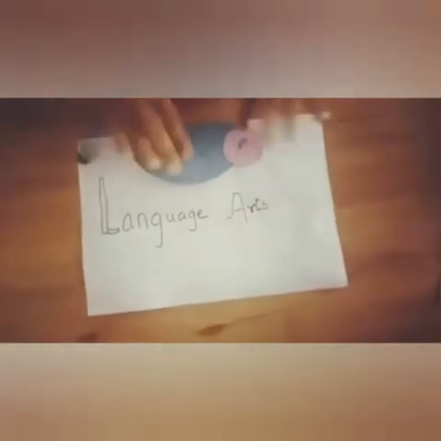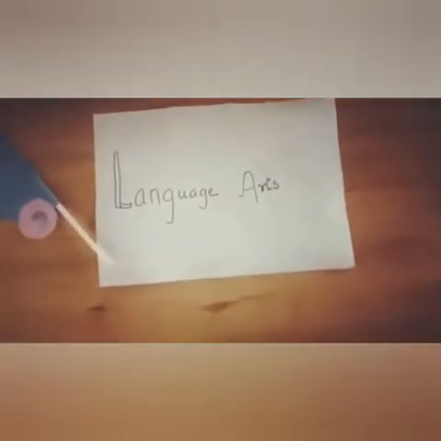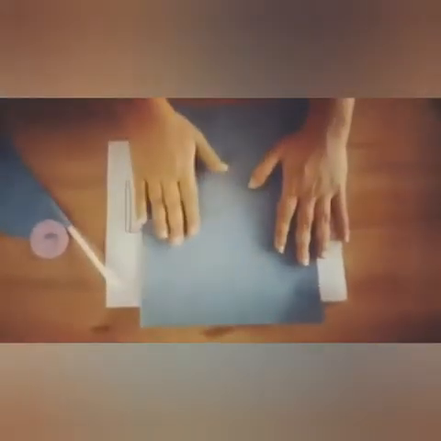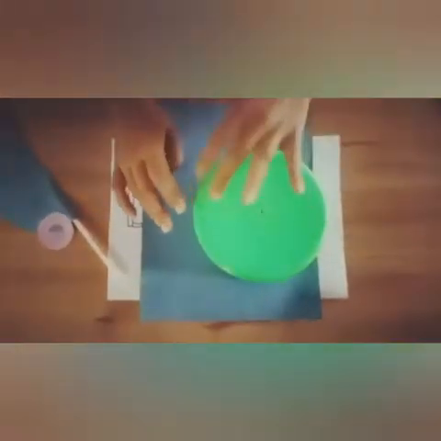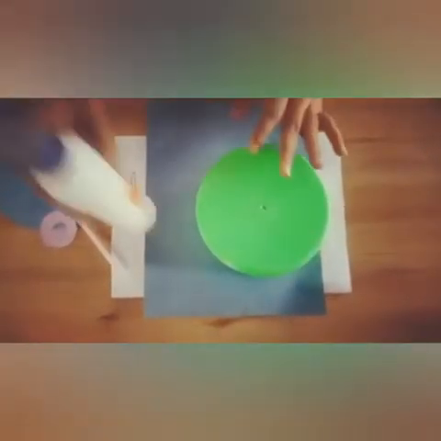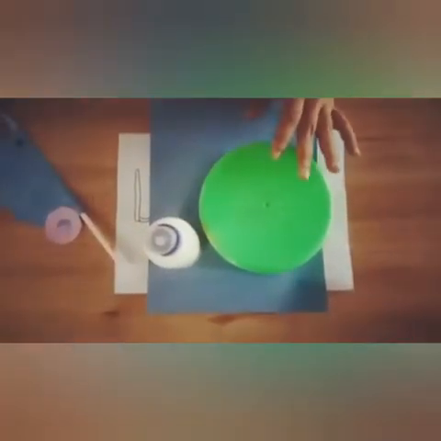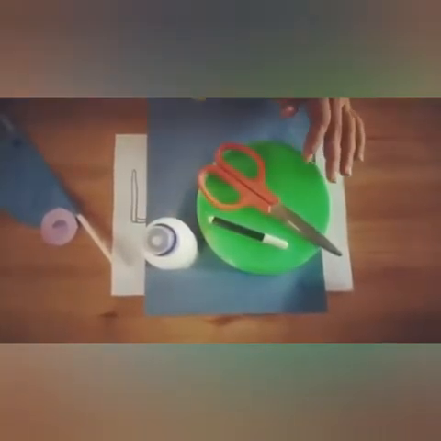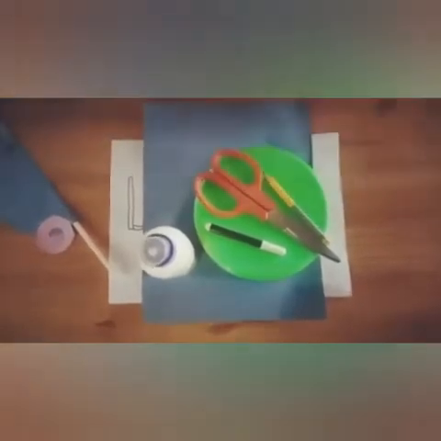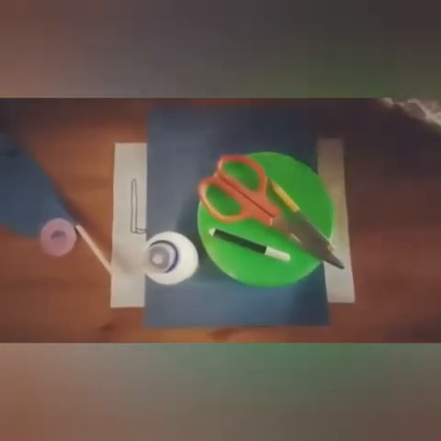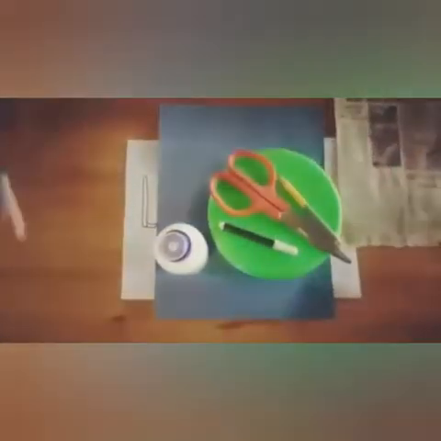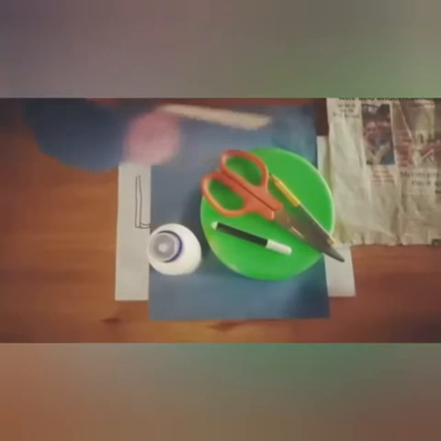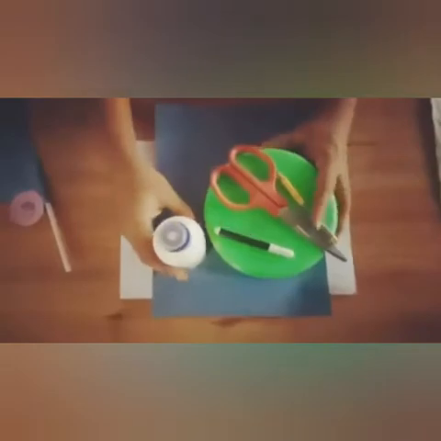So to do this activity, you would need the following resources: a paper, a stencil to make the circle, Fevicol, scissor, black sketch pen, pencil, and of course a newspaper, because you've seen there's a tail out here. We've used straw, but we will show you how to use the newspaper to make the tail. Okay, so we'll get started quickly.